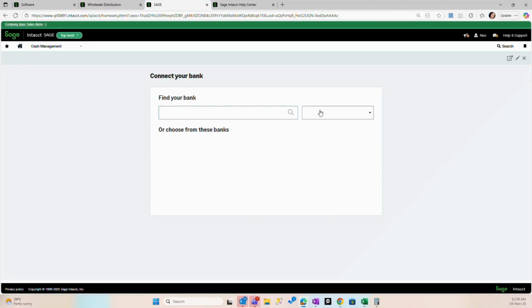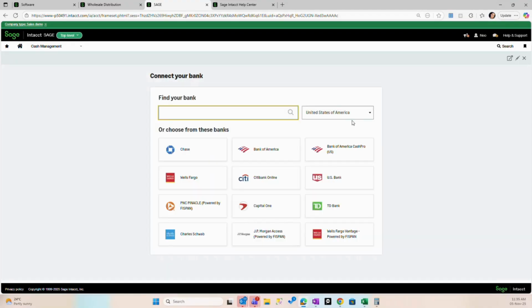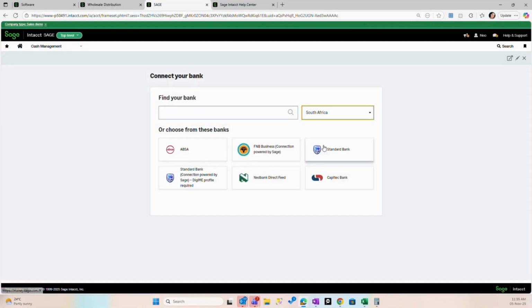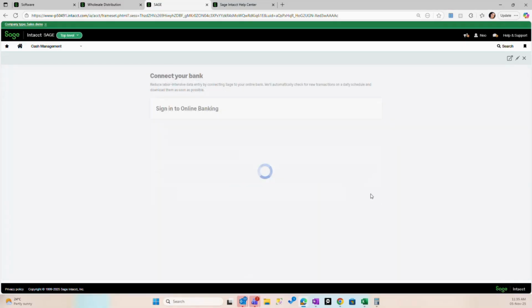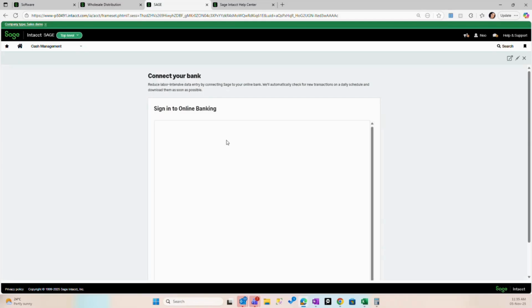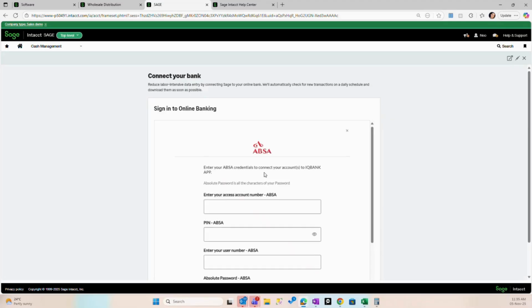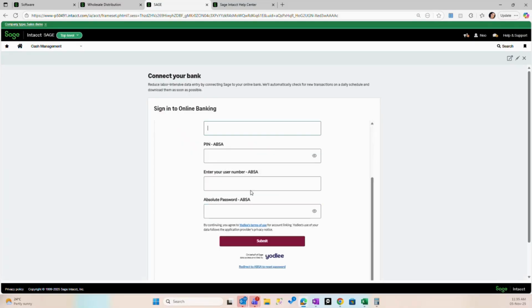Okay, so in the meantime, while we wait for that, I think we did go through the screen, but we moved from it very quickly. So in our case, we are in South Africa. Then I say, okay, Absa is the bank that I would like to connect to. Hit continue. Then there will be a couple of details that you would need to put through, like your PIN and whatever their account is. Then, as I have mentioned, you can have multiple banks in the company. Then once the multiple banks in the company have been set up, you can then put in all these details,